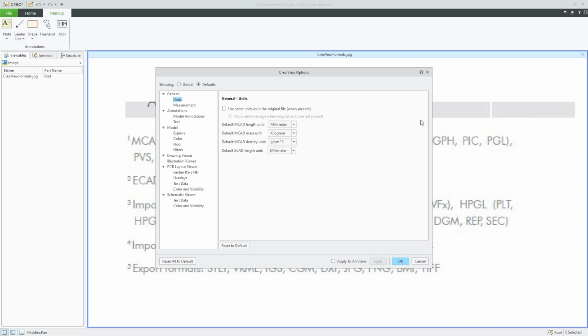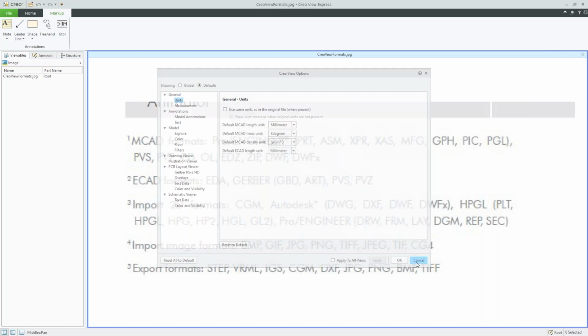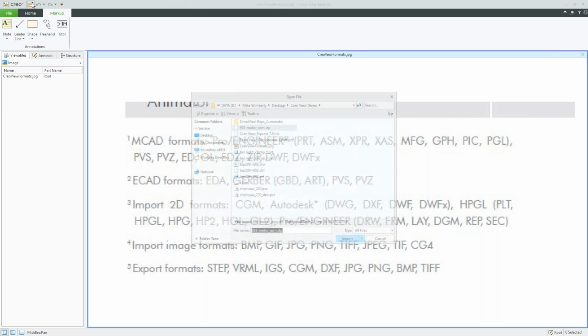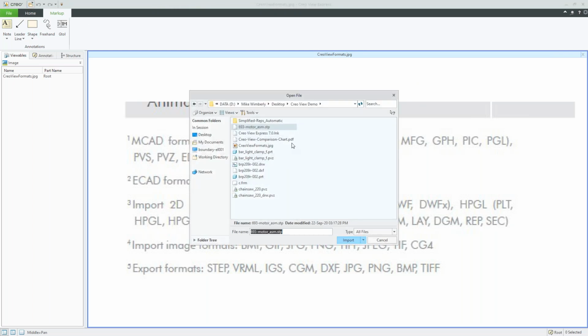With measurements, it's just like creating measurements inside of Creo. It's between whatever you're selecting. If you're trying to view existing dimensions, they're not going to be there. Now, the only exception to that is if you guys are using